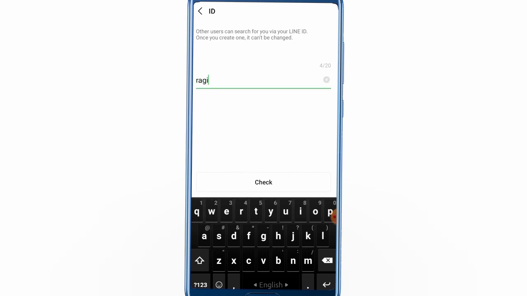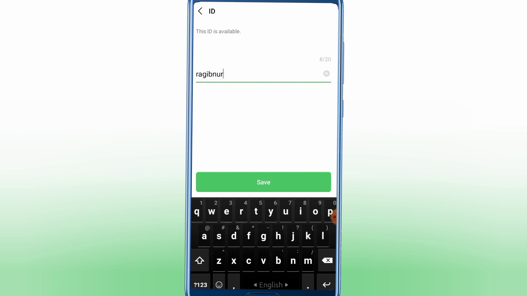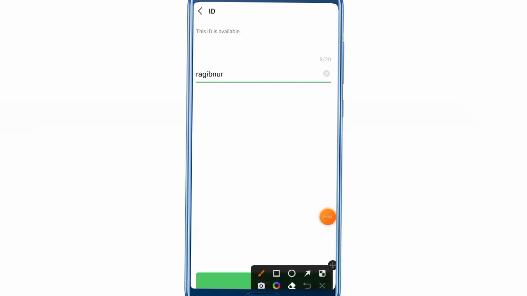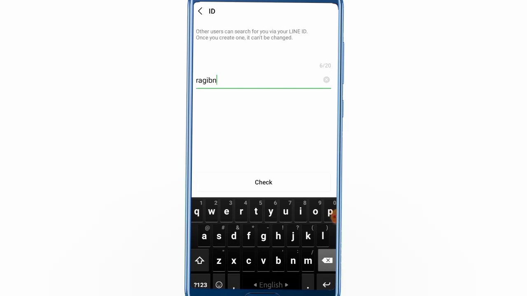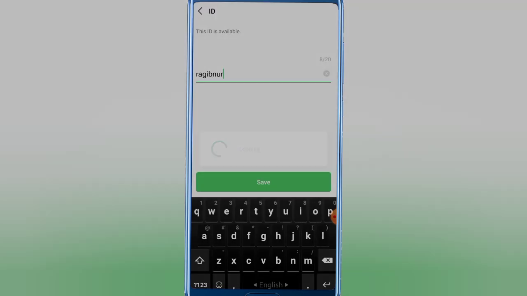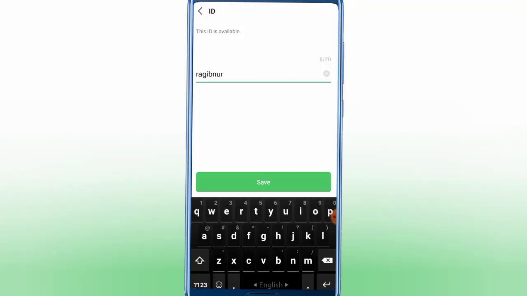So I'm just going to create my name. Just check, is it available or not. Yeah, this ID is available. Here you can see this ID is available. So let's see, someone took my ID, and if I check, oh, this is unavailable, and if I check this, this is available. Okay, so when you've got your desired name, desired ID, and this ID is available, then